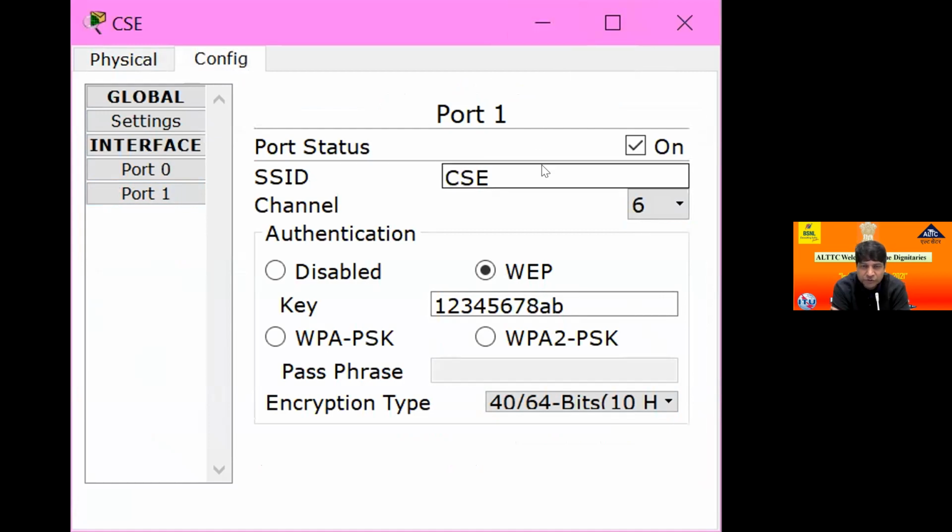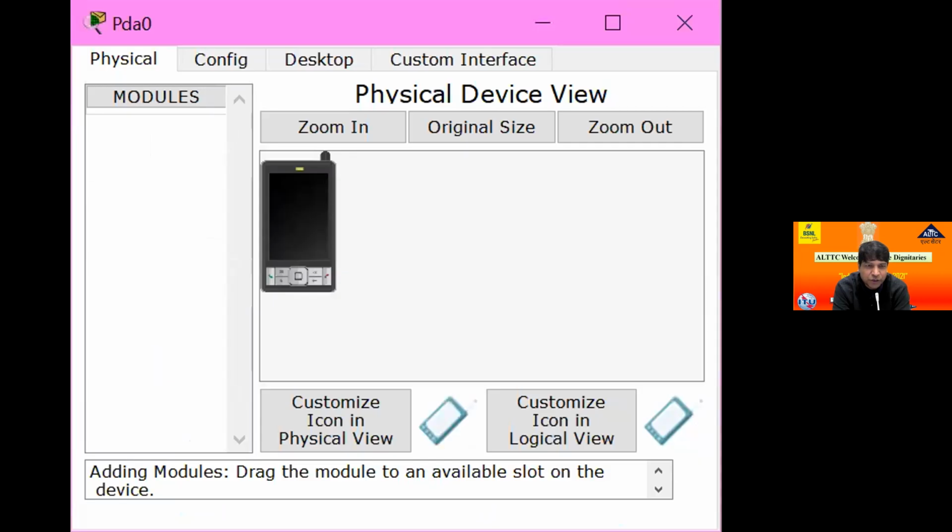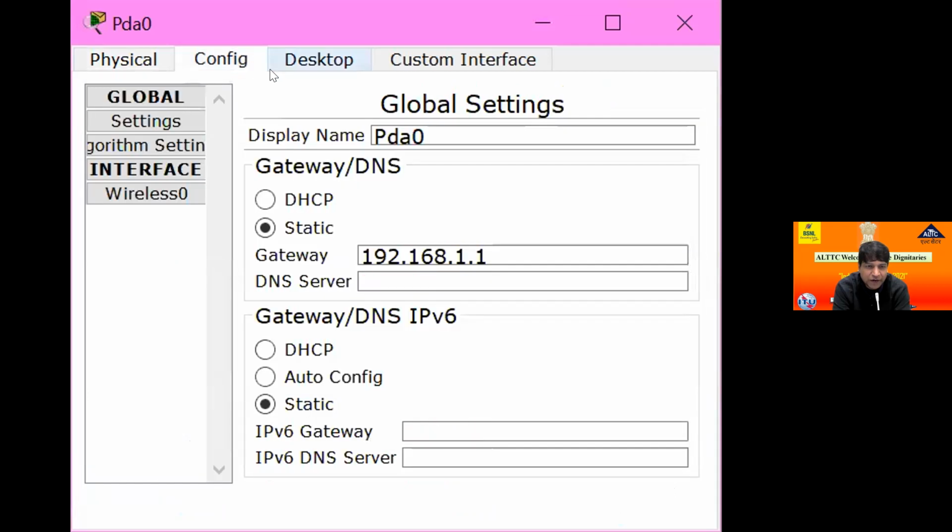Now close. Now go to any smart devices. Go to the main packet tracer. There will be a lot of mobile phones there. Yes, sir. Just any phone. Just open. Click here. Again, I want to see the screen of the mobile smart device and go to the config. Go to the wireless option.